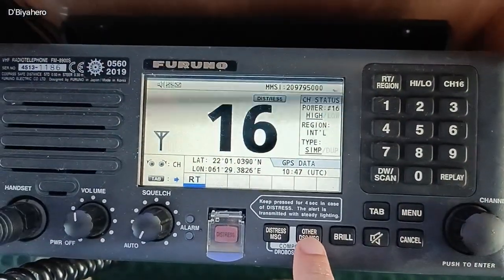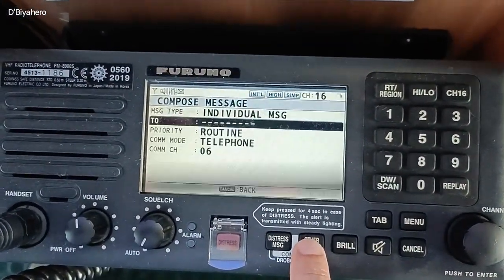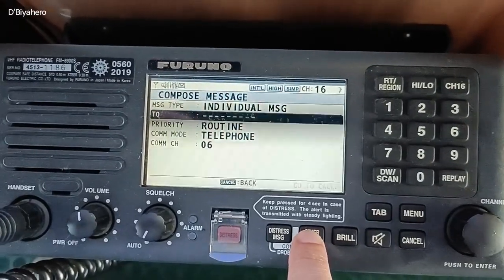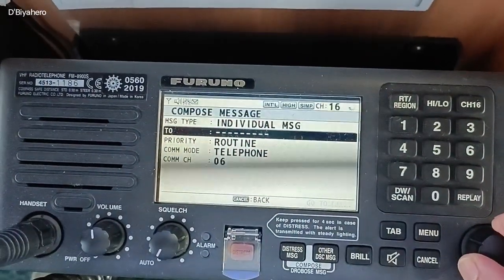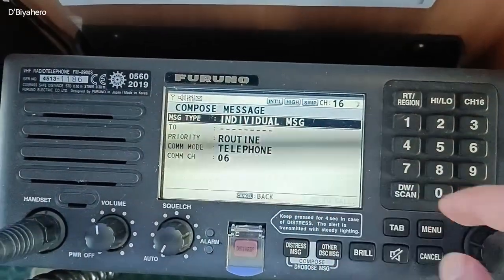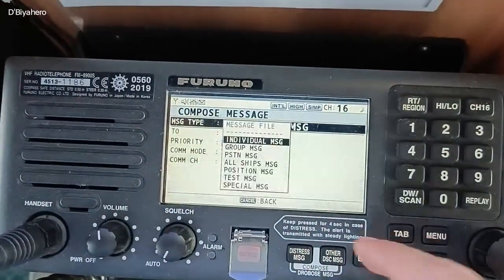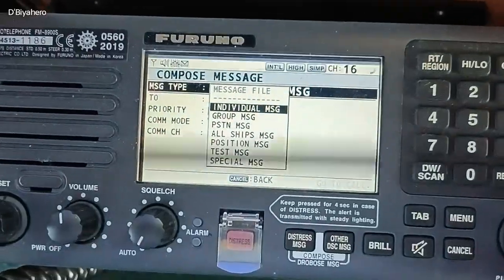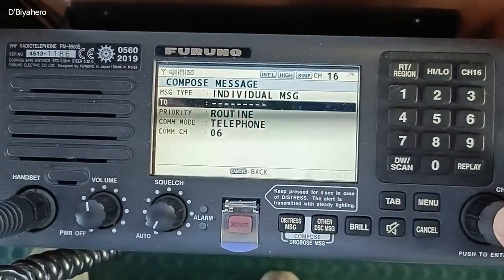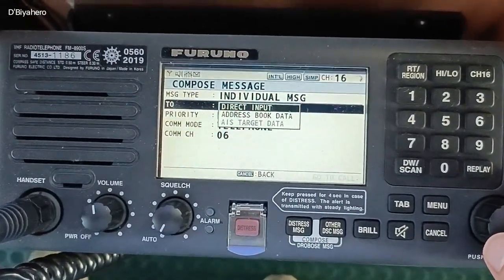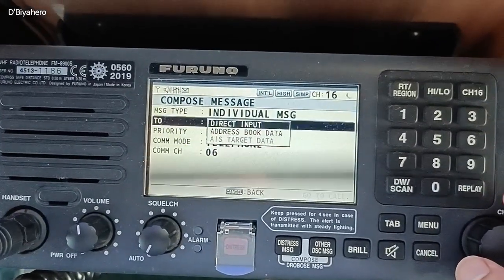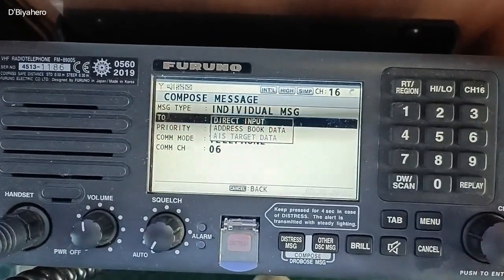To press this other DSC message. Just a moment, Calibs. Yes, so ship to ship, meaning this is already set up to submit. This is an individual message, or else you may choose here. So we will choose individual message, and then we'll check the MMSI number of the vessel to which we are